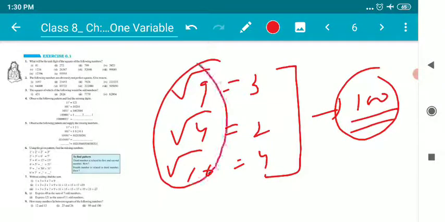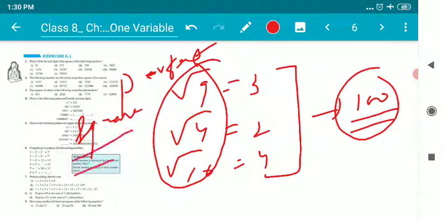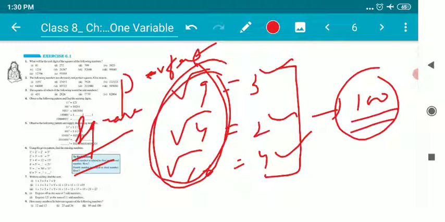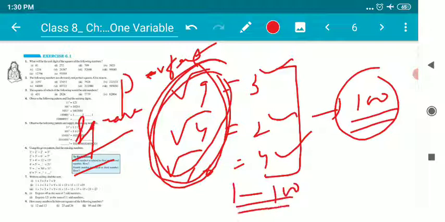These numbers are perfect square numbers. Why are they perfect square numbers? Because the square root can be found. That is why these numbers are called perfect square numbers. So your homework is right from 1 to 100. You will calculate like this.